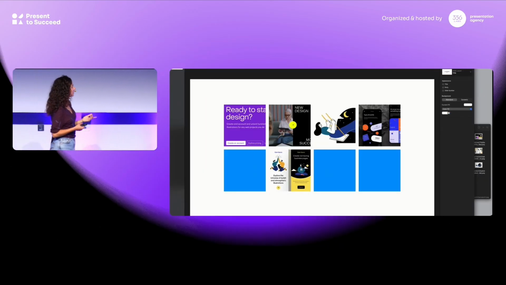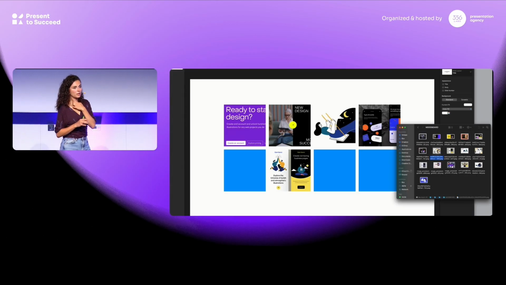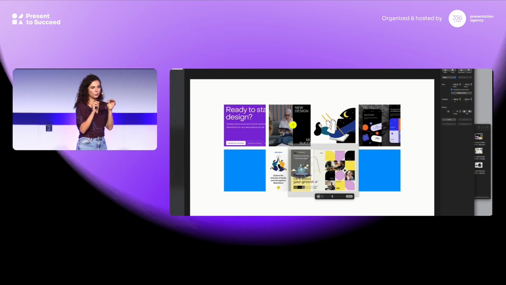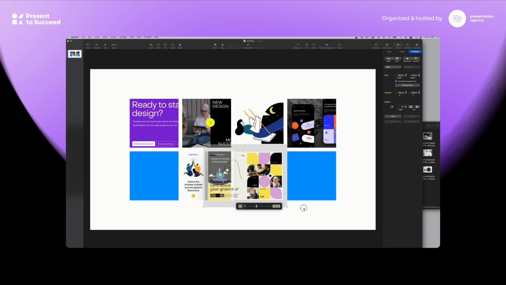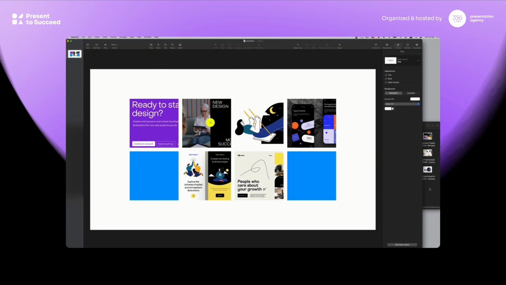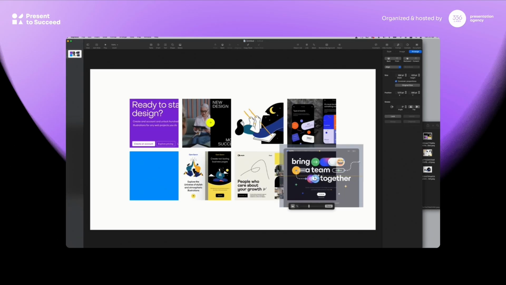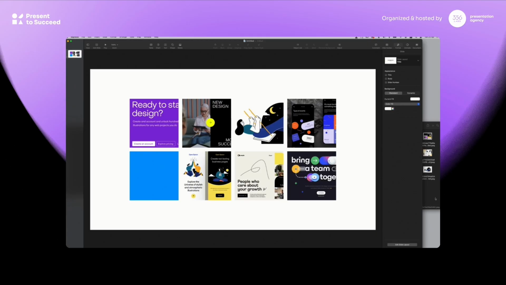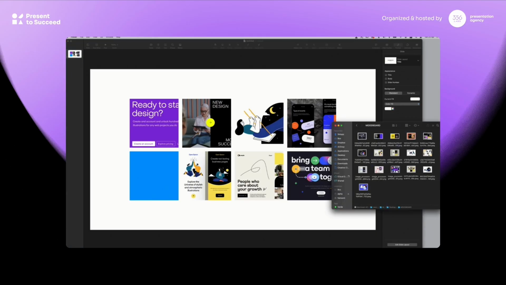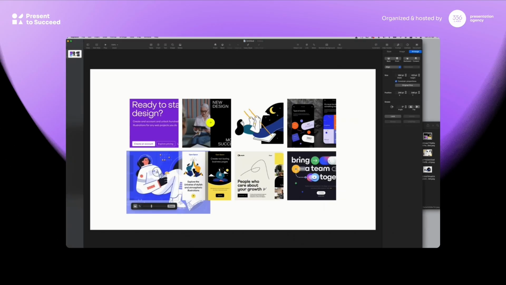And so you keep going like this, filling out the squares. You can, of course, do it manually and crop the images manually, or even don't crop them at all. And you keep going like this. At some point, you will probably see that there are some images that don't visually match the others, or that maybe something is missing. So this is also the fun part, the mix and match. You can replace them, you can add something, remove something, until you're happy with the result.